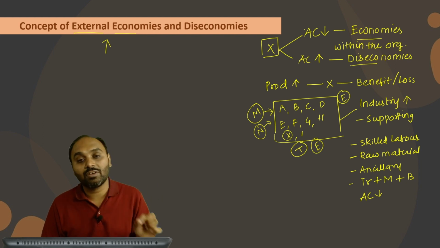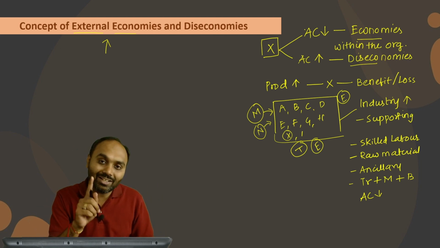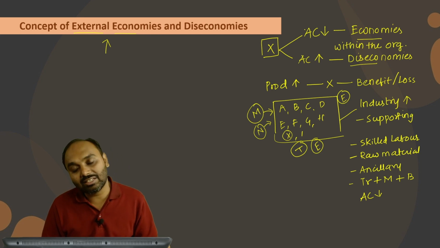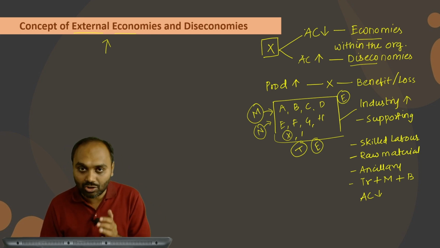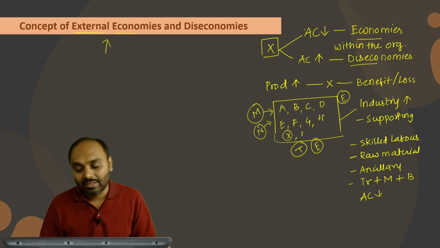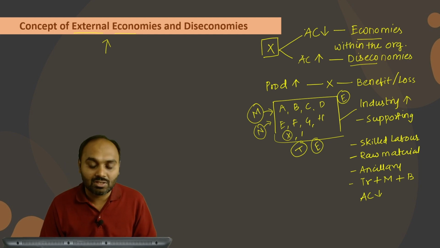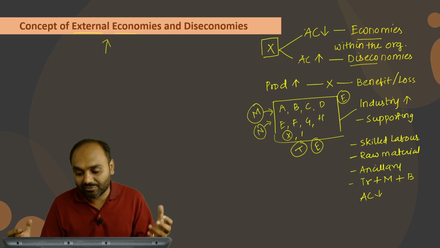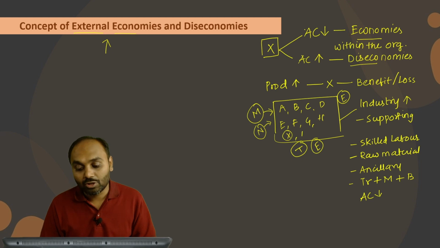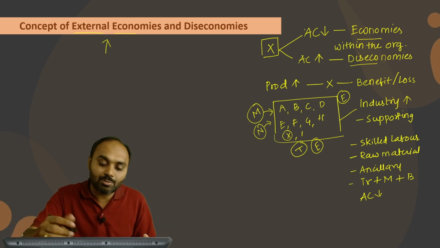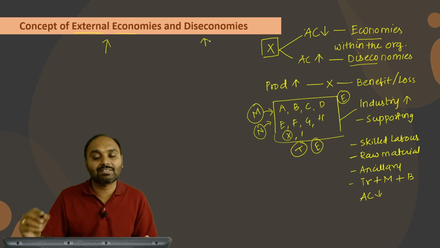But in the case of internal economies, there is only one firm which is increasing the output. And in the same manner, just like in internal there are diseconomies because management problems occur, the whole industry might face diseconomies if there are certain problems like an infrastructure problem, a shortage of raw material, or no availability of skilled labor. Then there is a possibility of diseconomies. But these diseconomies will be termed as external.